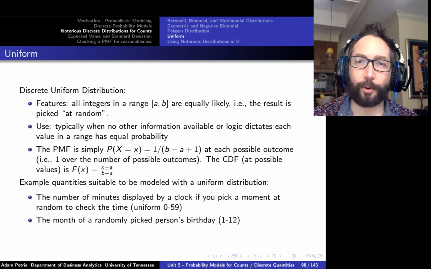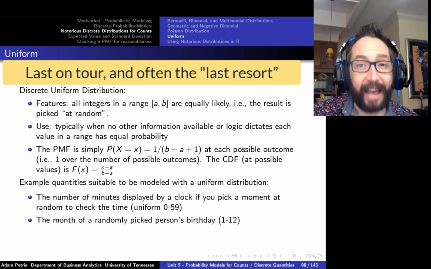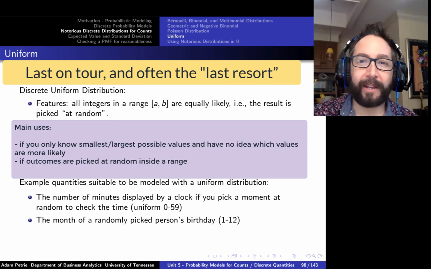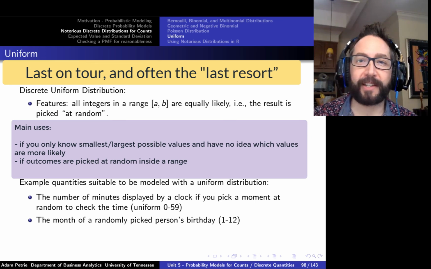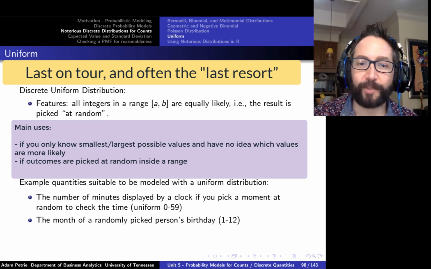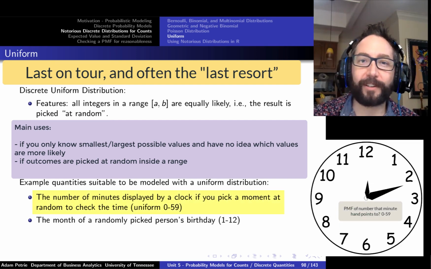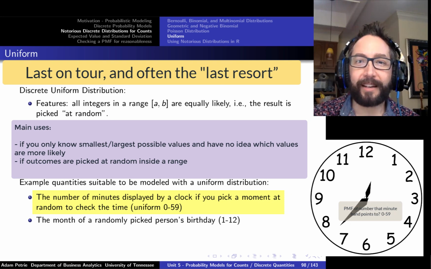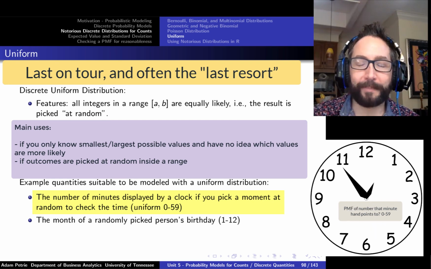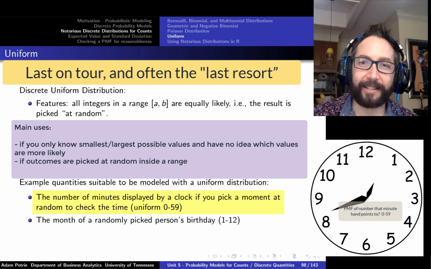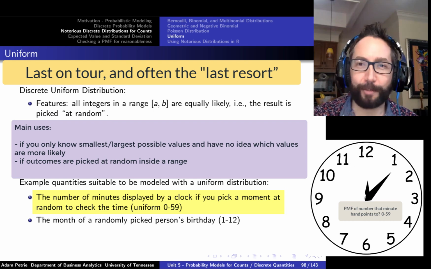All right, last of the notorious distributions, this is pretty much the last resort for a probability model when we don't really have much information about the process. So the uniform distribution just says that every single integer within a range is equally likely. So if I wanted to know, well, what's a good PMF probability distribution that lets me know what the value on the minute hand is on a clock when I show up in a room at a random time, well, all values between 0 and 59 would be equally likely, so there would be a case that you have a good use for the uniform distribution.